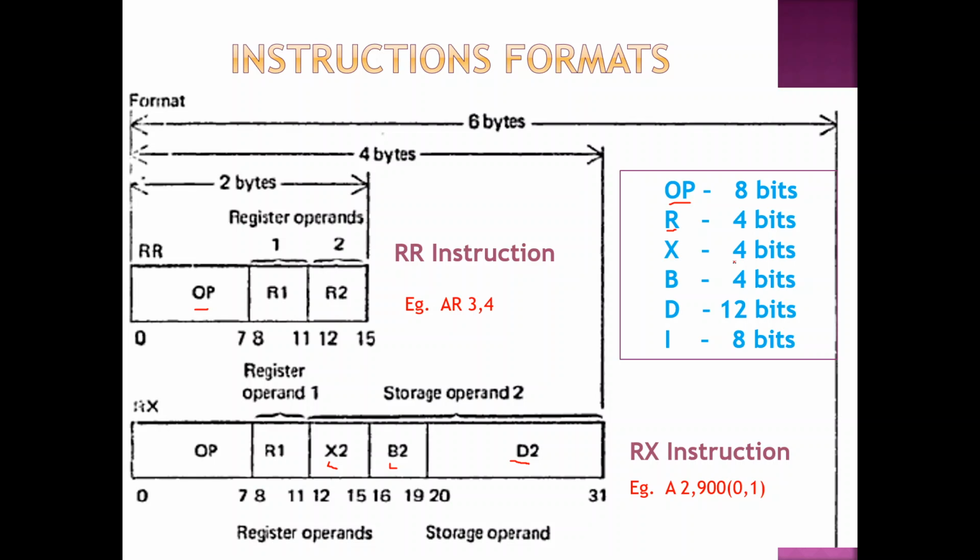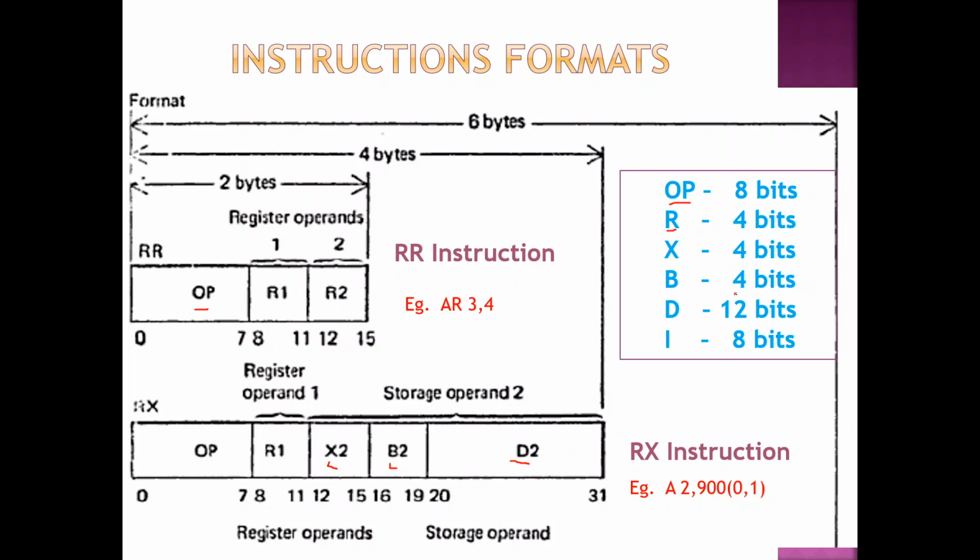There is going to be one register which is going to be called the index register. So 4 bits only. Here B means base register. Base register also is going to be represented using 4 bits only. So base register also will be one register among 0 to 15 registers. One you're going to call it a base register, which will store the starting address. Your loading address will be stored in the base register.